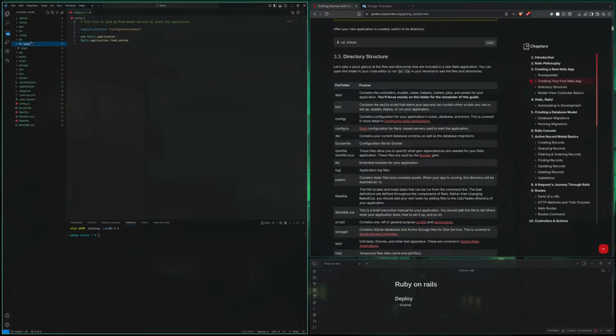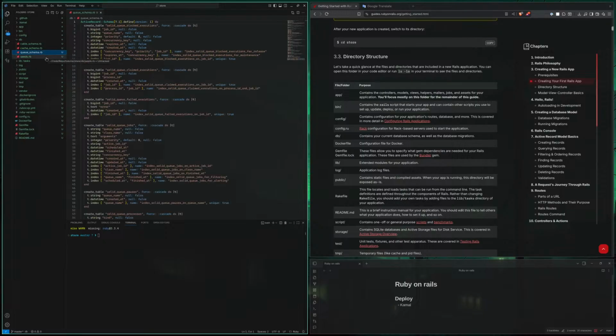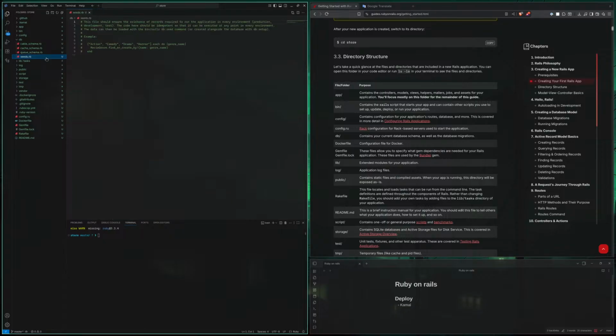A DB. Cable schema. What the fuck is cable? Oh yeah, it's the WebSocket thing maybe. We have a cache schema, queue, and seeds.